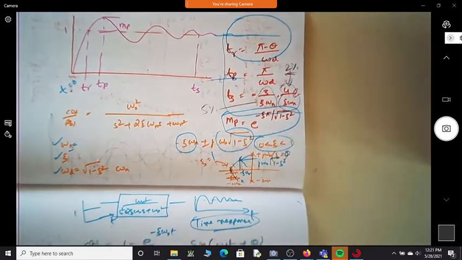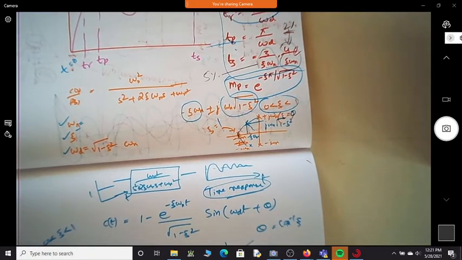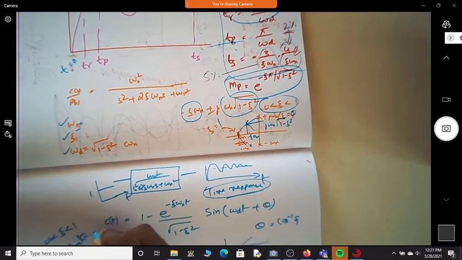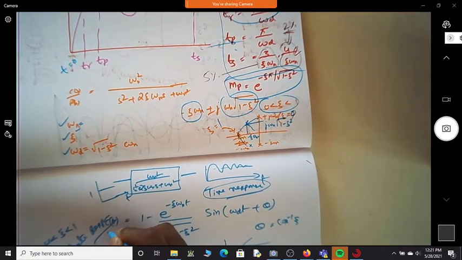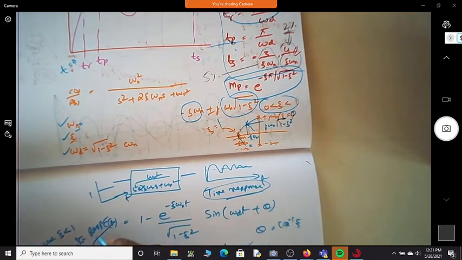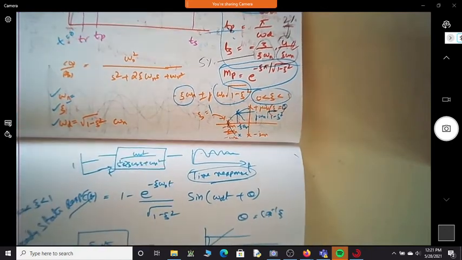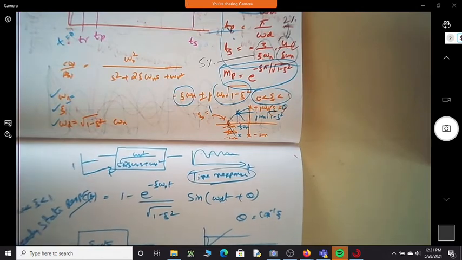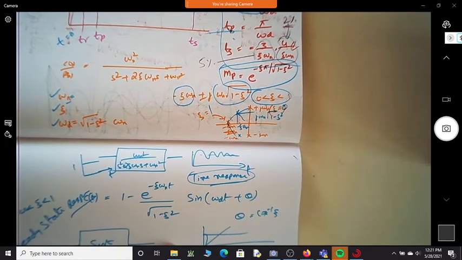Next, what we have is something called the steady state response. In this steady state response, whatever the system you have, maybe in the initial class we said how you define a control system. A control system has both input and output bounded. It should give a desired output. Desired output should be your input.